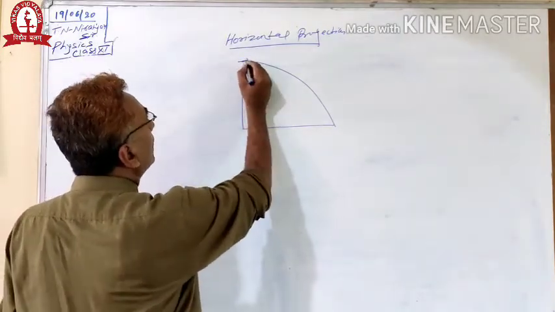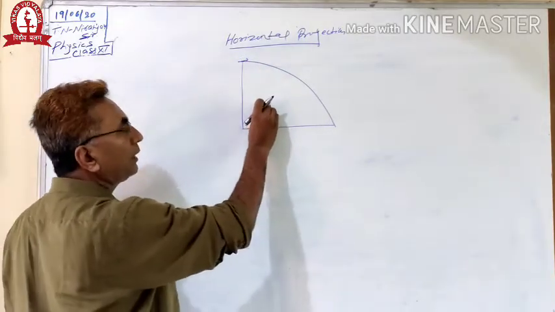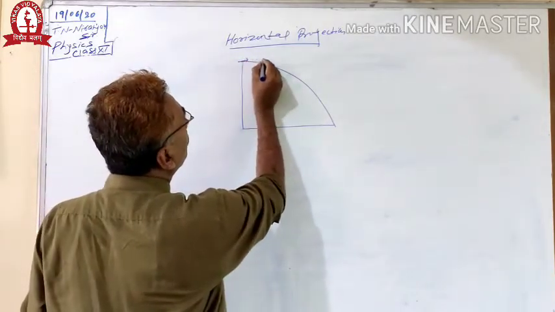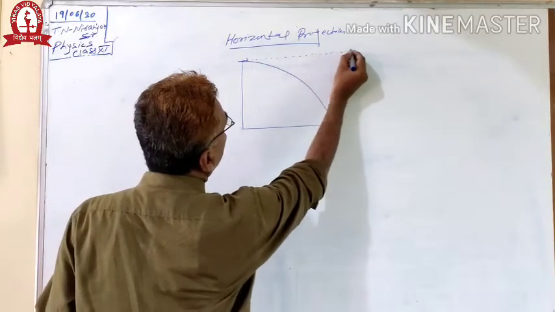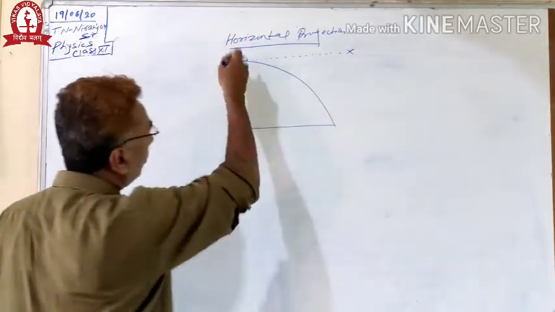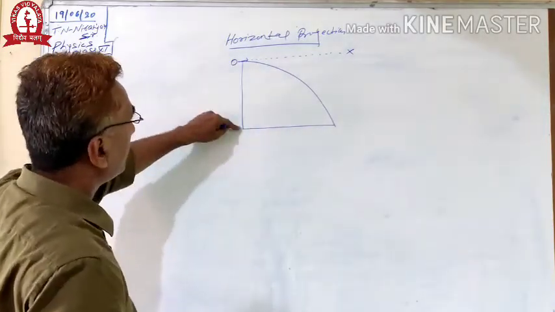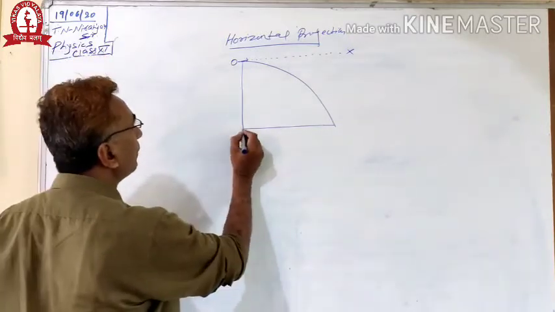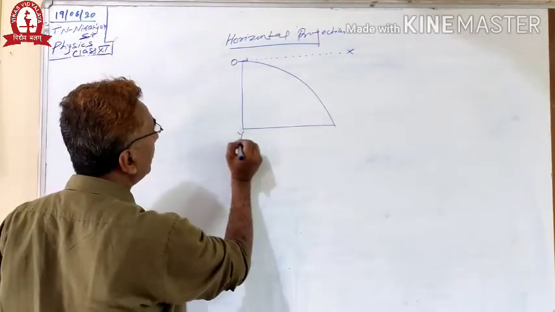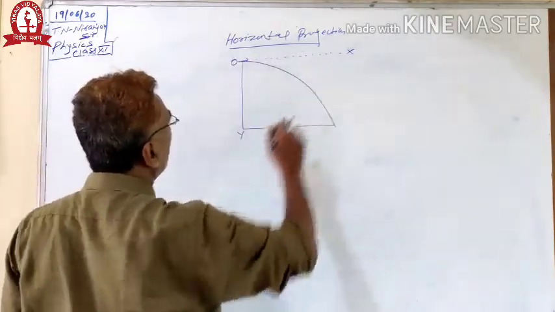Now the Cartesian coordinate system, in this case we will consider just opposite to this. This line I will consider as the x-axis, that is OX, and downward from this, though it looks negative, we will take as a positive value. So OY, right? This is positive. This is the y-axis and x-axis.